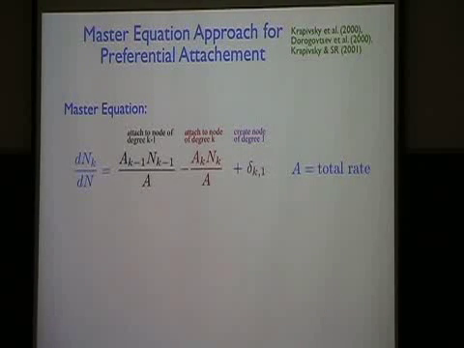Okay, so what I want to now present to you is the solution to the master equation approach for this linear preferential attachment model. And in fact, we can do better than that. We can not focus just on linear preferential attachment, we can focus on any kind of preferential attachment. The work I'm going to present to you now is work I did with Paul Krapivsky and Francois Leyvraz, and also more or less simultaneously with us, there's a group in Portugal, Dorogovtsev and Mendes, who also applied the same kind of technology to solve the network. So again, our master equation, which I hope is starting to look a little bit familiar now, since I've been beating it over the head for a week.